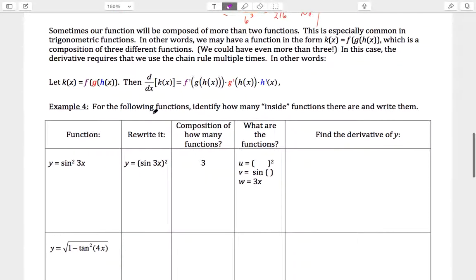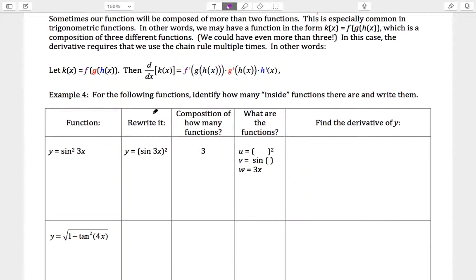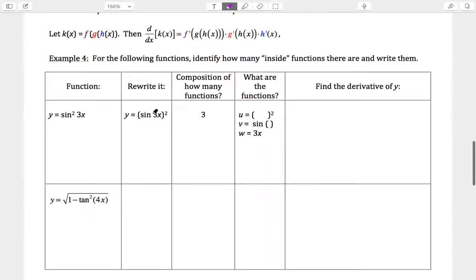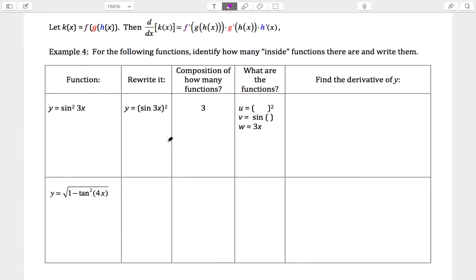Sometimes our function will be composed of more than two functions, especially common with trig functions. So we may have the case of k of x equals f of g of h of x, which is the composition of three functions. And we could have more than three. So we got multiple chains. If k equals f of g of h of x, then the derivative of k of x with respect to x is going to be f prime with everything in it, the derivative of the really big outside,